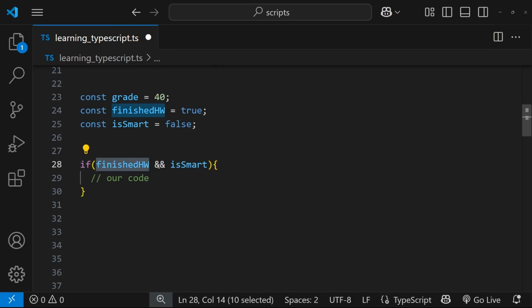So if he finished his homework and he is smart, okay, to test that we're gonna use the OR operator, the OR comparison operator. So if the student finished his homework or if he's smart, he's gonna receive a good overall grade. In this case, he's not smart, but he finished his homework. So since one of them is true and the other one is false, the OR operator is gonna result this expression to return true. So anything we write over here is gonna be run by TypeScript because one of them